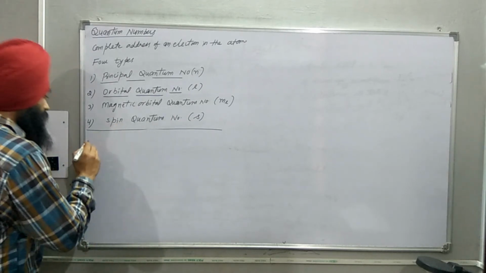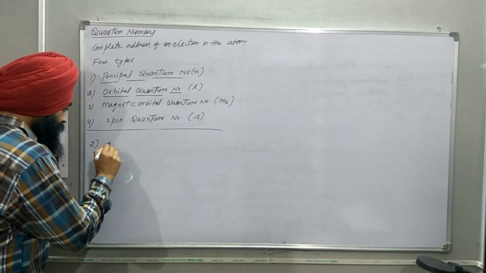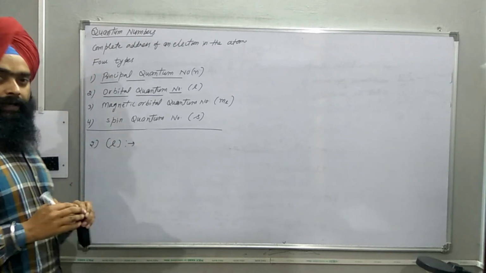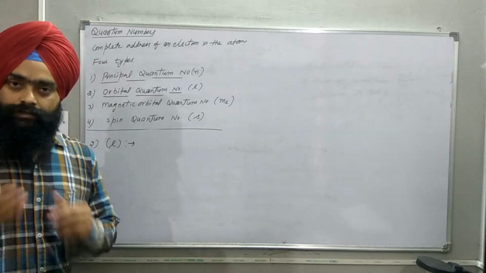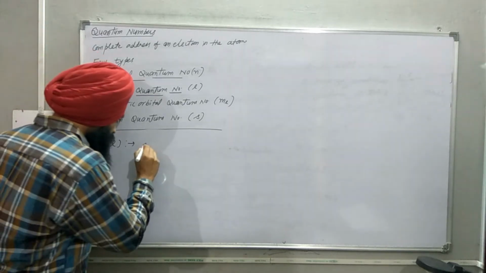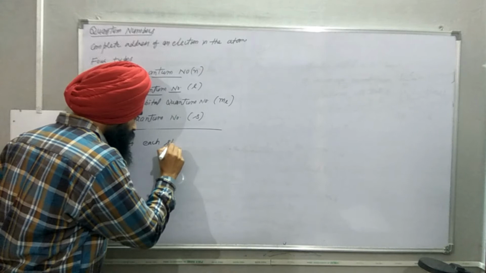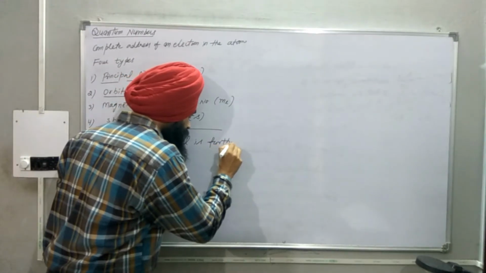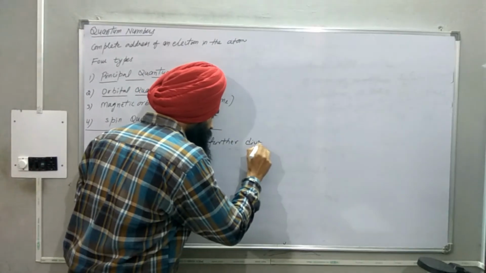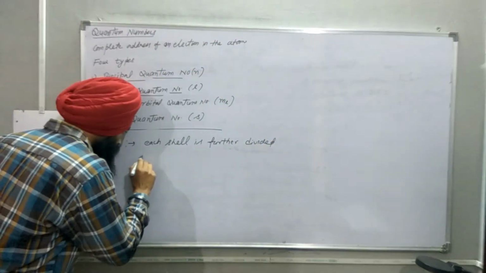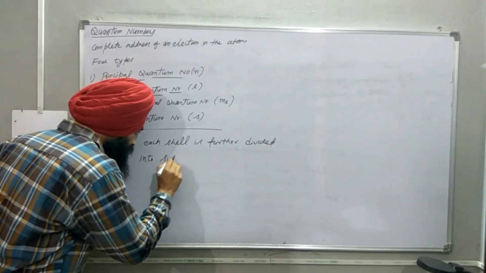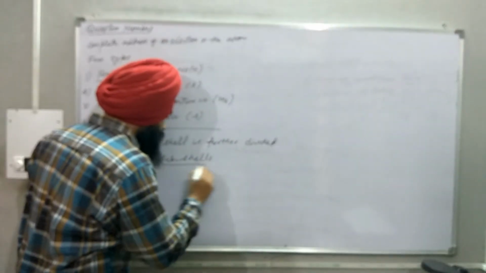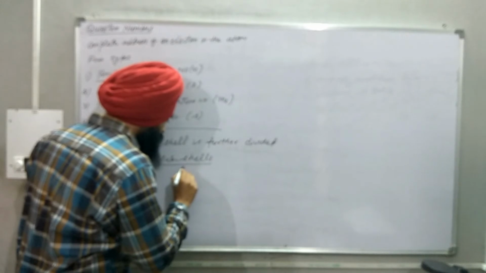So secondly, we have orbital quantum number l. Each shell is further divided into subshells, and these subshells are represented by